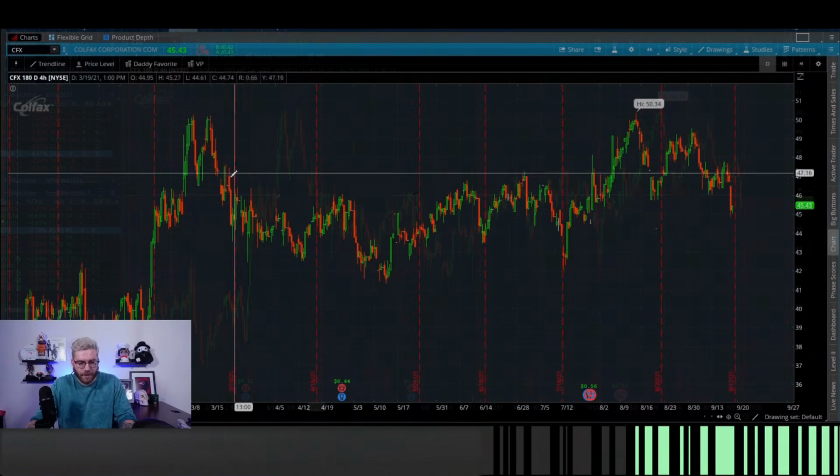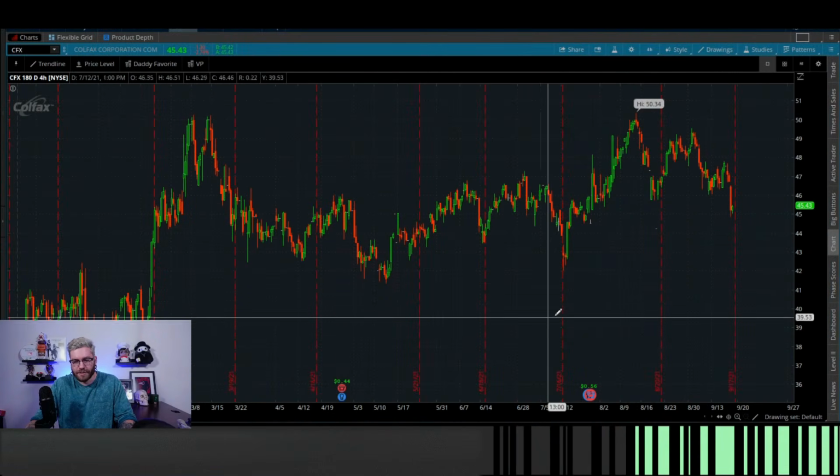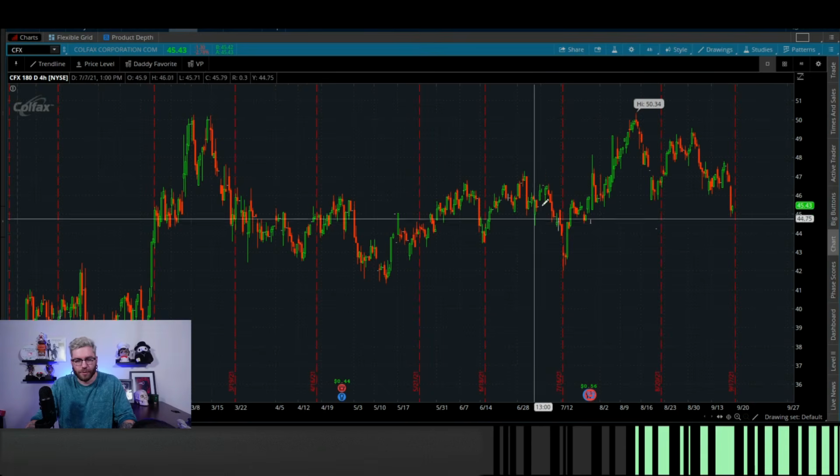Good technical analysis should really be the forefront of how you identify risk, in my opinion. For example, if I showed you this chart and we have CFX here, and I were to say, where is your risk? Where is your reward here with no charting done? It may be kind of complicated, right?